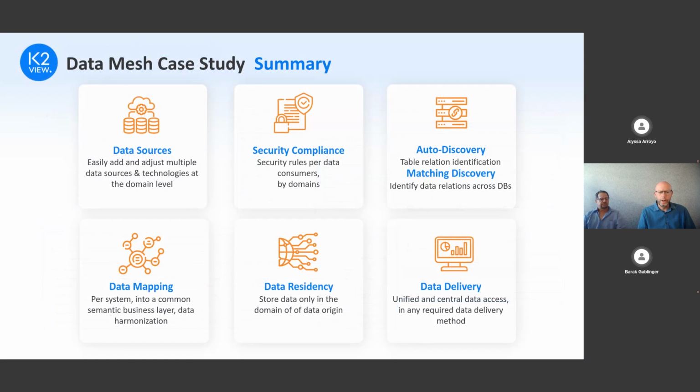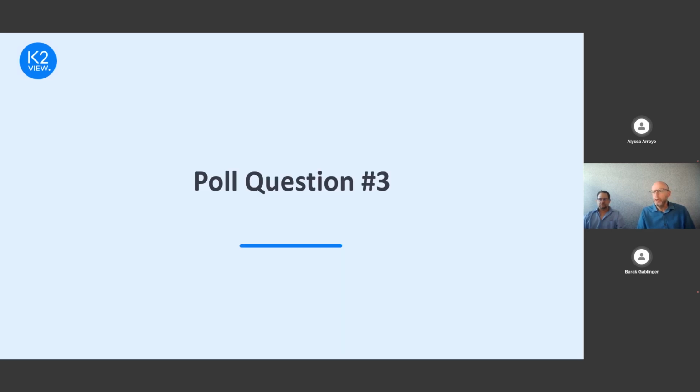Great, thank you very much, Barak. I think we've seen basically the benefits, and we covered them already. I'd like to give the guys a chance, if you'd like to get a more detailed product demo. So just tell us, would you like to get a demo of the data product platform? We'll happily schedule a detailed demo session for you to cover your needs and your use cases.